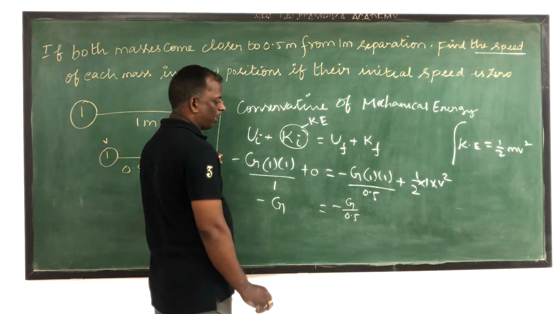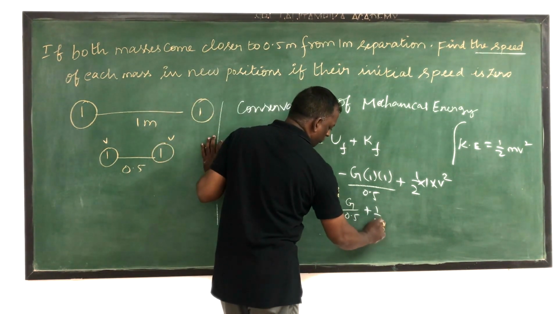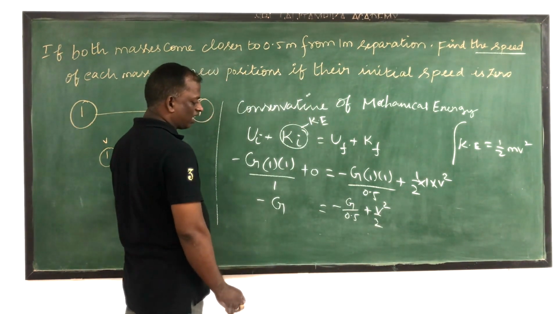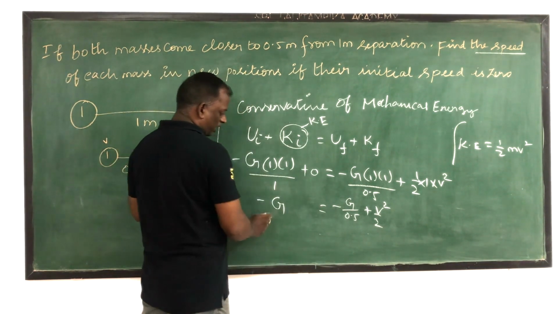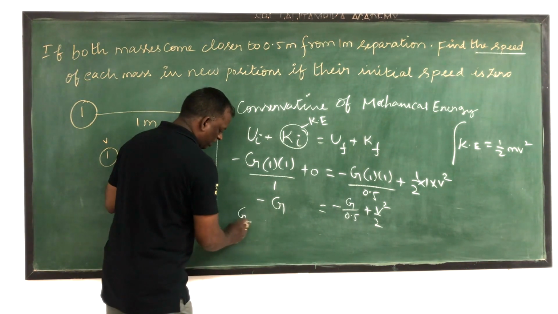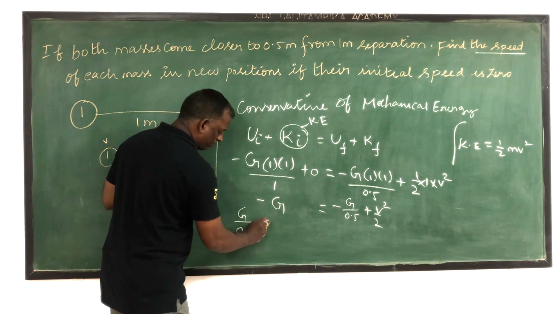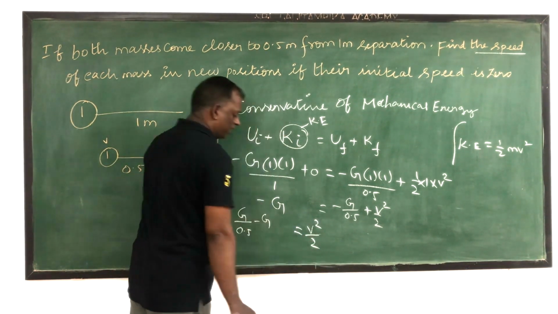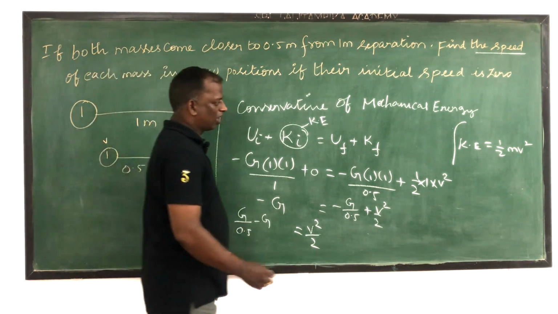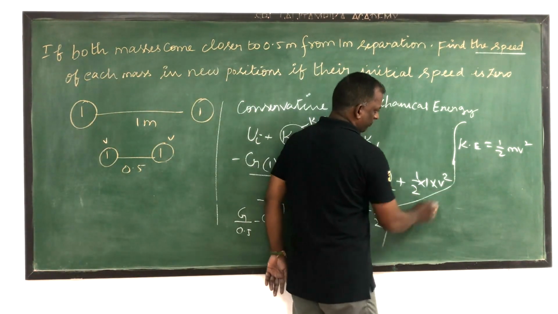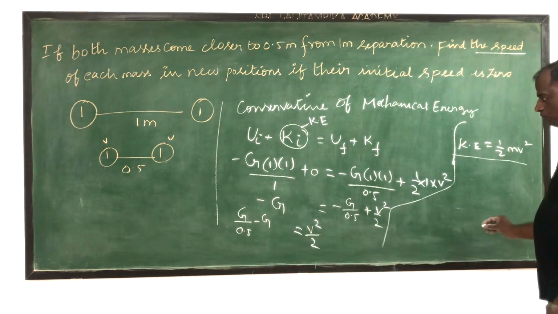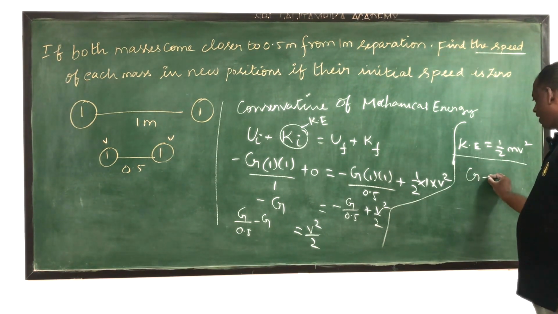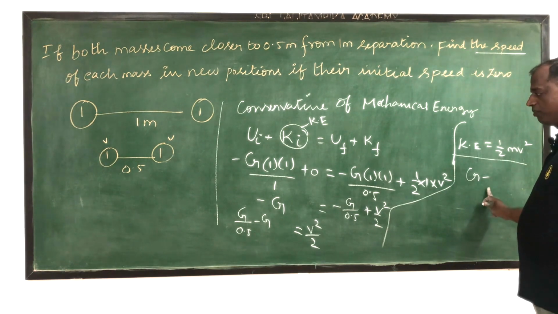Minus g 0.5 plus half plus v square by 2. So what we need is v square. We brought this as g by 0.5 minus g, which is equal to v square by 2. So if we solve this, g minus,